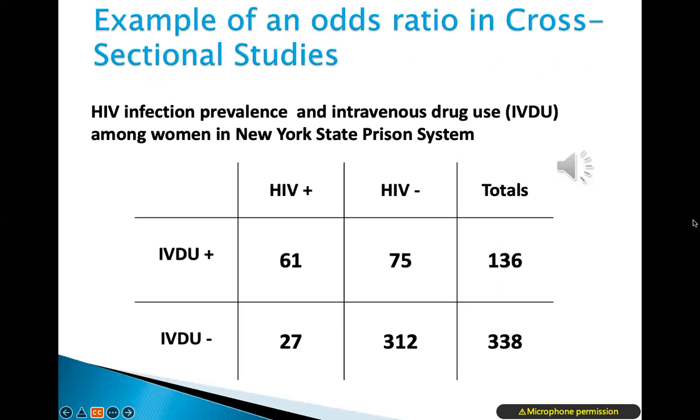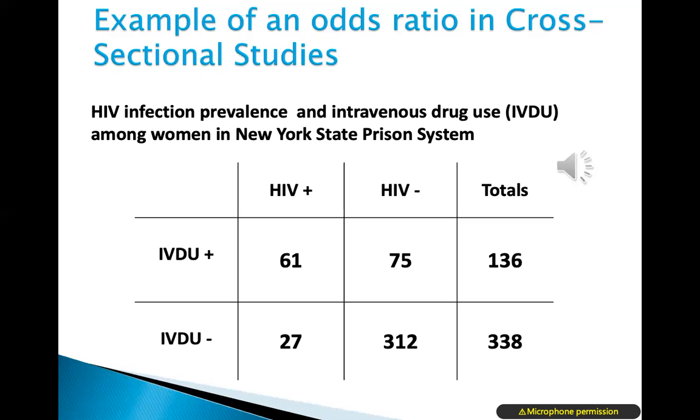So that last slide, I went at length to explain how the math calculated out in a case control study. In this slide, we're going to actually use some numbers, and we're doing it in a cross-sectional study since both of them use an odds ratio. So these are the numbers that we found and placed into our 2x2 table. Disease status, HIV positive, first column, HIV negative, second column. Exposure to IV drug use is in the top row, and not users of illicit IV drugs is in the